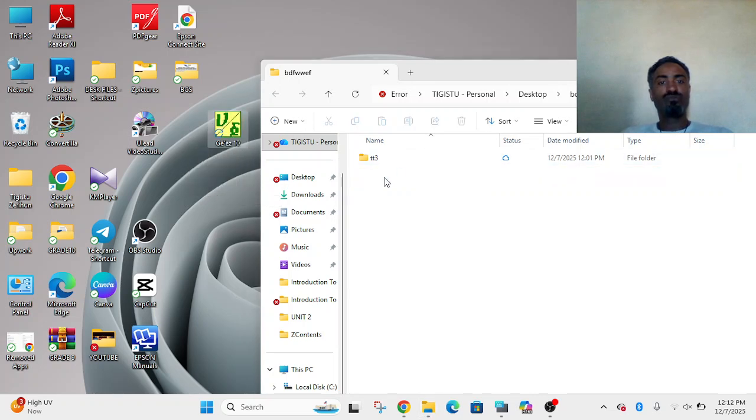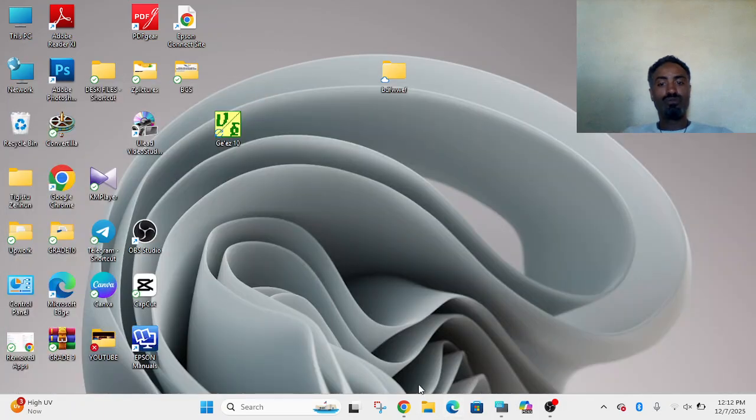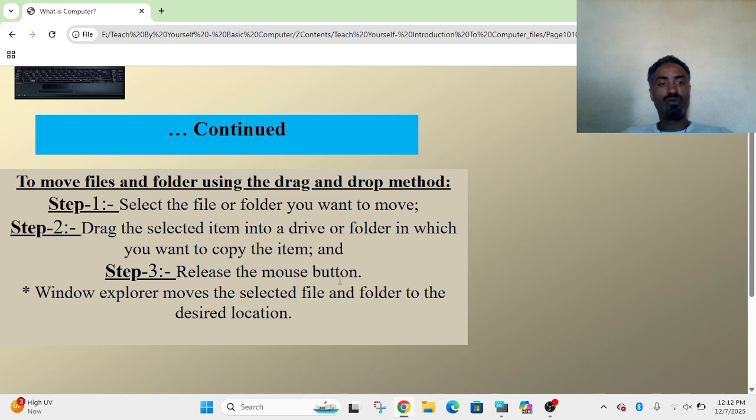Transfer from this folder to the desktop. Finish drag and drop. Drag the selected item into the folder in which you want to move the item. Release the mouse button. Windows Explorer moves the selected file and folder to the desired location.